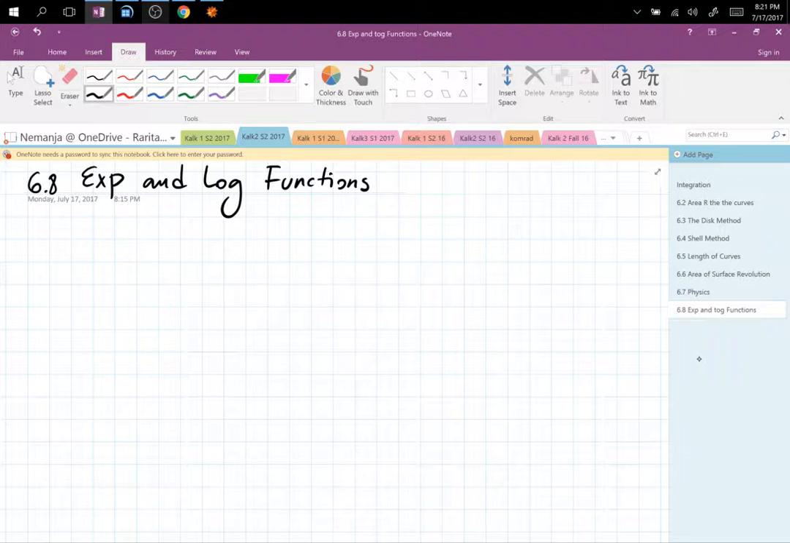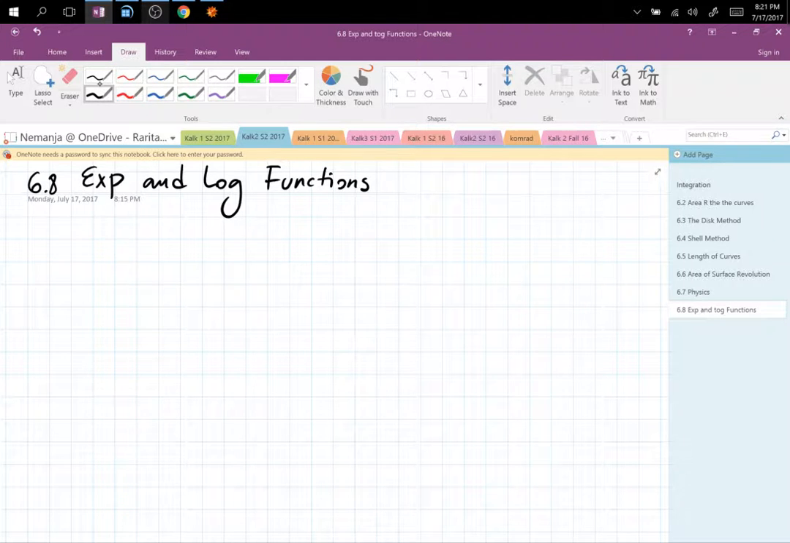Hello and welcome back to Calculus 2. Today we're going to revisit exponential and logarithmic functions and stuff you learned in your pre-calculus course. We're going to take a look at their definitions from a calculus standpoint. So first,